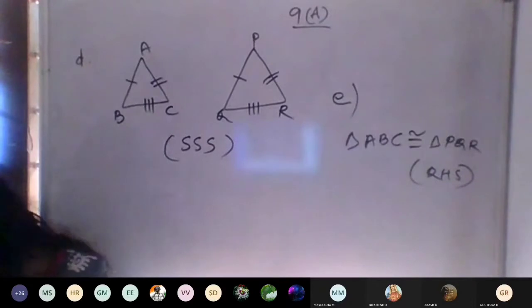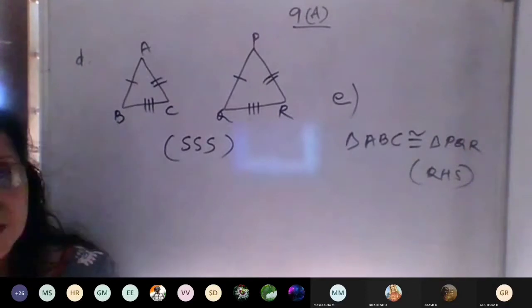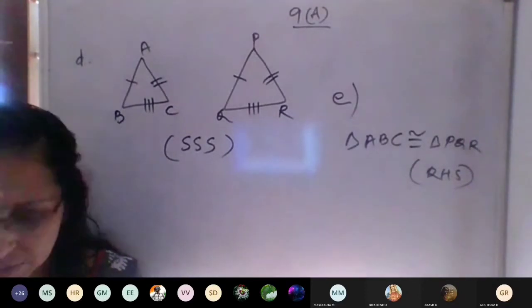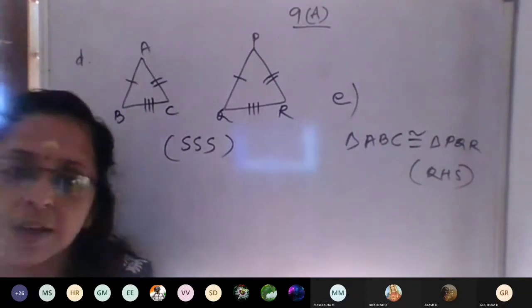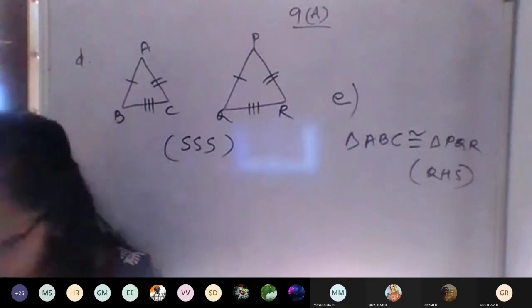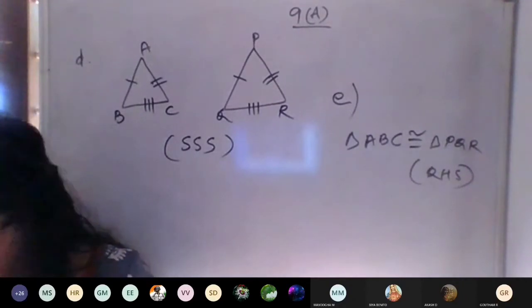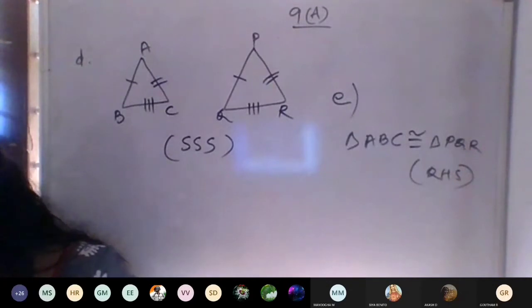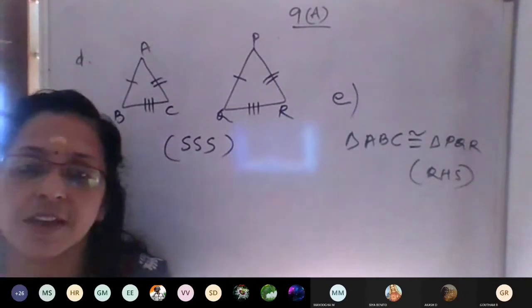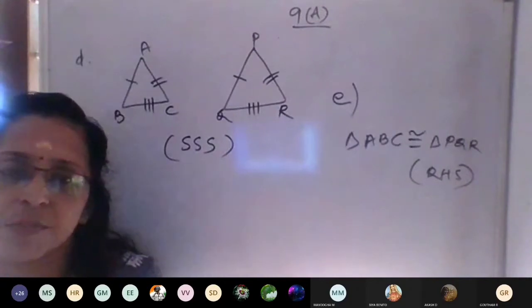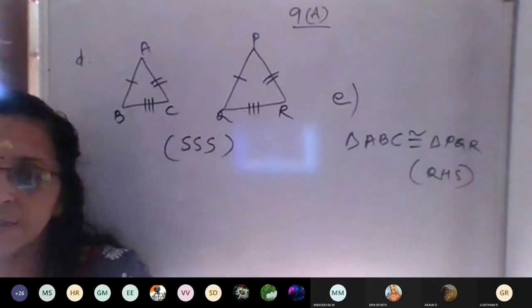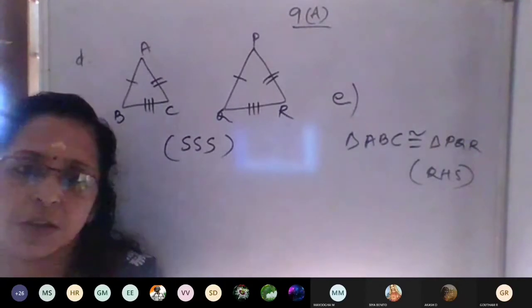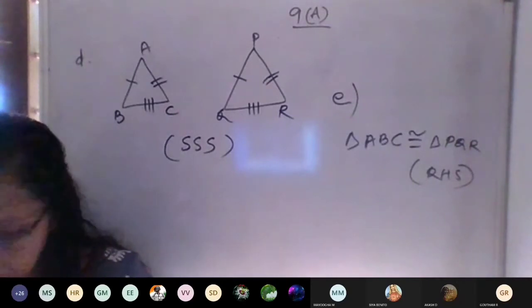The next step. In seventh standard, we discussed the same question, question number 2. We have to find the measures of that side. Here, we have to prove OP is perpendicular to AB. We discussed the same model questions in 7th standard. You calculate the sides using Pythagoras theorem. Two sides will be given and the third side we have to find out. But here we have to prove OP is perpendicular to AB.